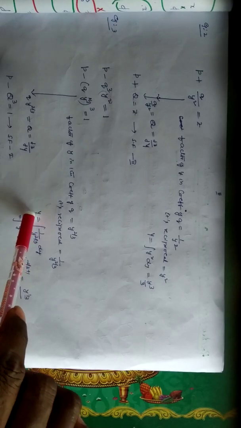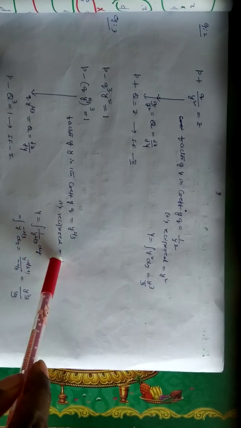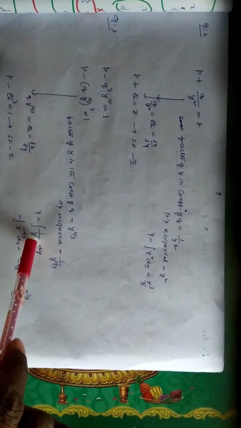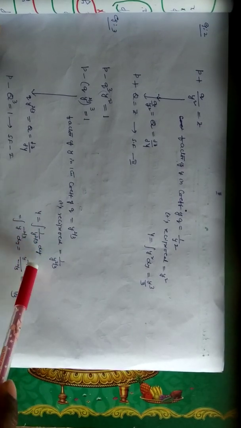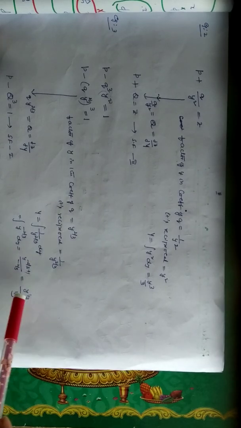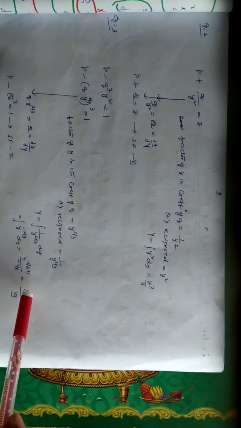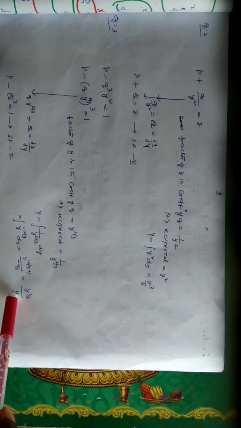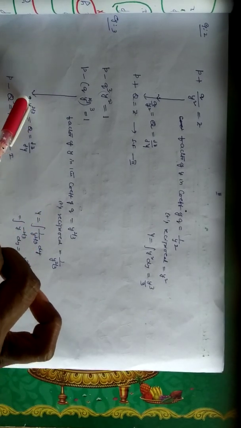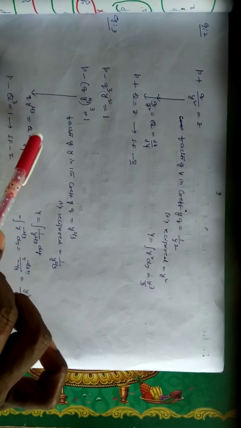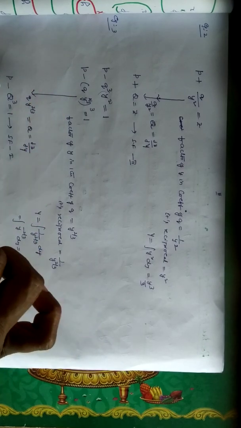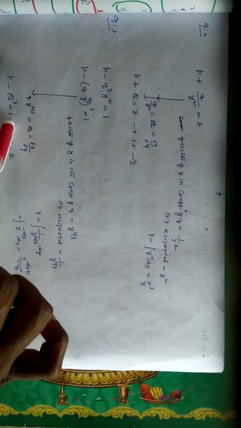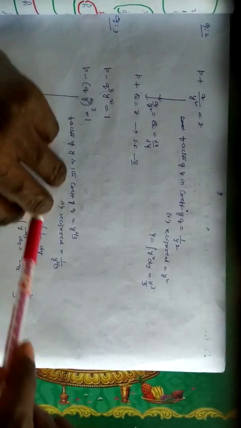According to the formula of capital Y, we consider the integral of the reciprocal. Y power 2 by 3 is taken into the denominator, so we get y power minus 2 by 3, using x power n plus 1 by n plus 1, giving y power 1 by 3 by 1 by 3. That means by considering capital Y equal to small y power 1 by 3 by 1 by 3, small q into small y power 2 by 3 is changed into capital Q. By substituting it in the given equation, it reduces to p minus Q cube equal to 1, which belongs to standard form 1.